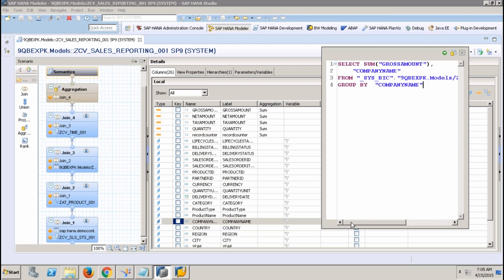So I've just changed my query saying select gross amount, company name from this view, group by company name. So when I execute this,